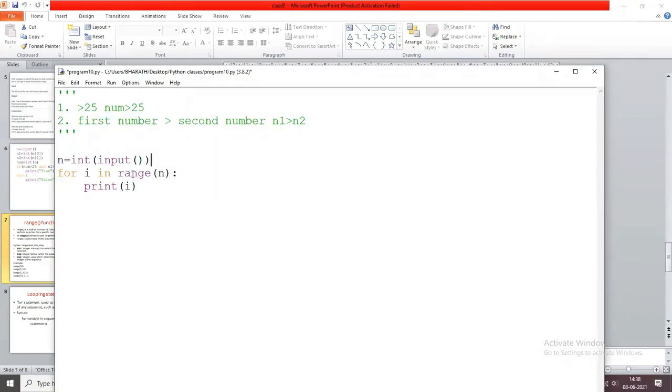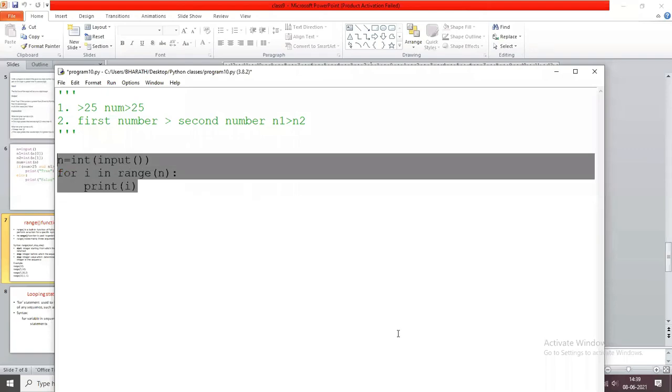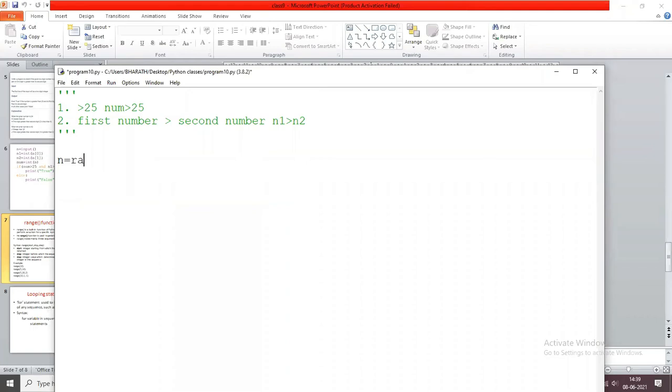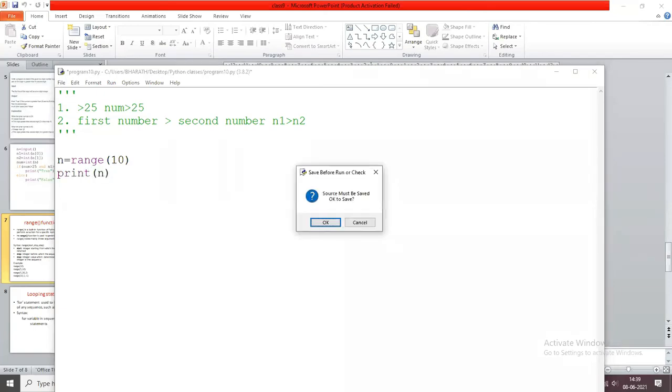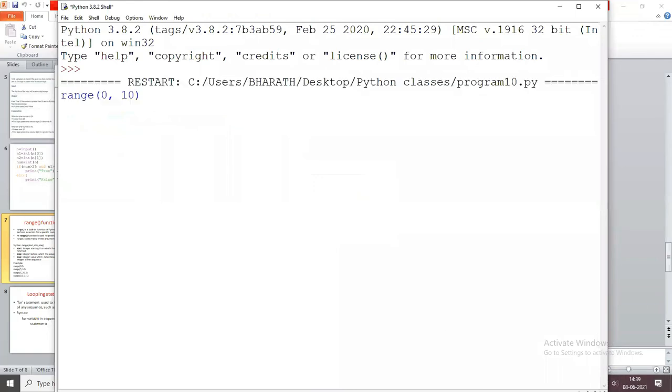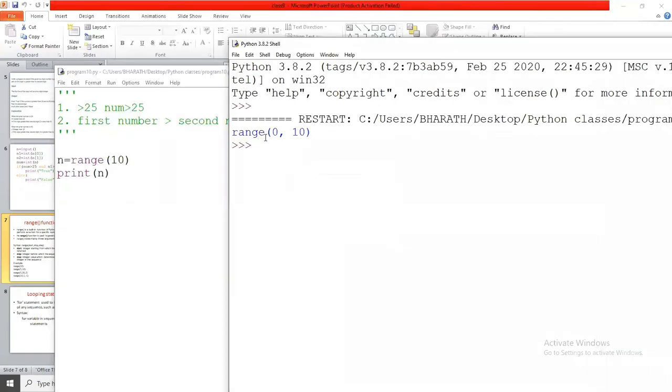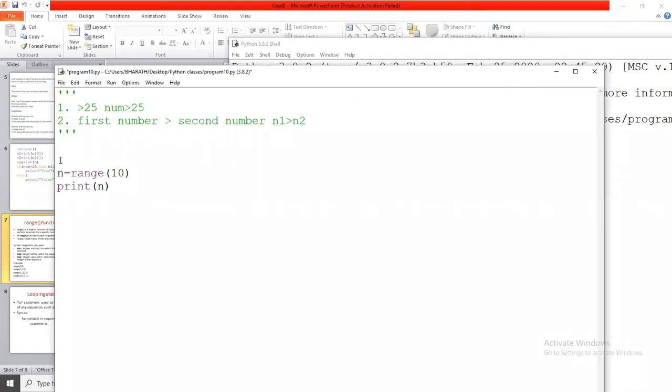One more thing: if you assign the range function to a value, for example n equals range of 10, and then print n, what is the type of this n? If I assign n equals 5 and then print type of n, what is the expected output?